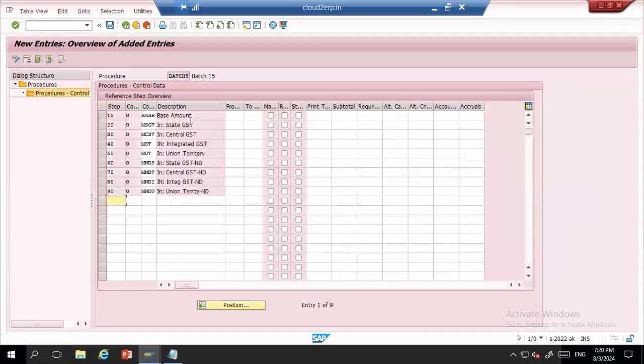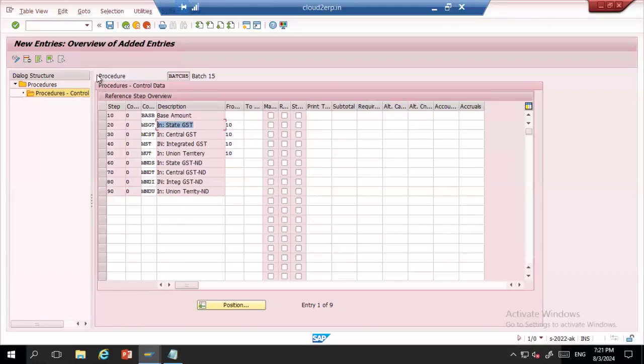Okay. Now always calculate from 10. For all the tax categories, maintain the 10. And for non-deductible, map the state GST with your state GST. Only then will the amount be nullified.